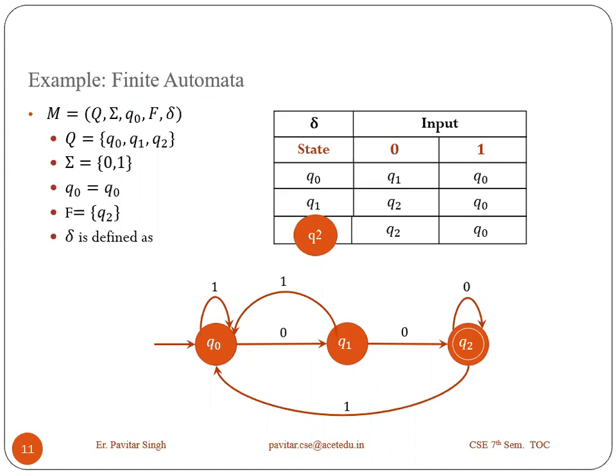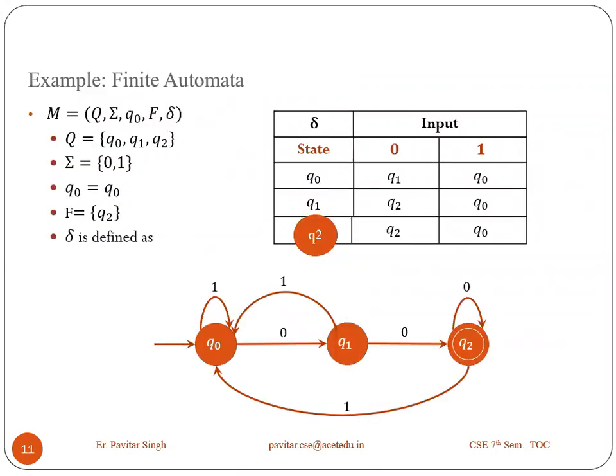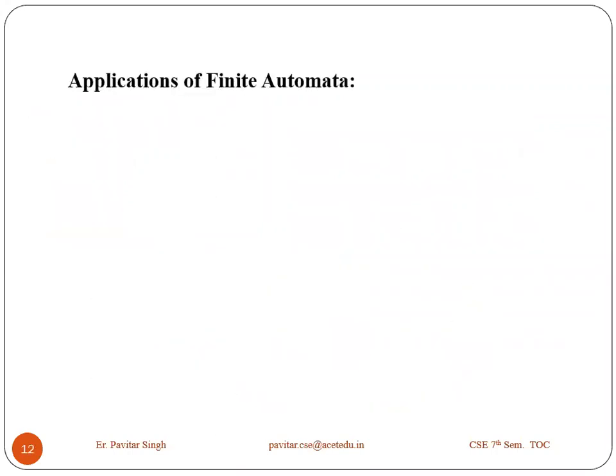Next we have application areas. Application areas of finite automata. The first application area is vending machines. The second one is traffic lights. Next we have video games,